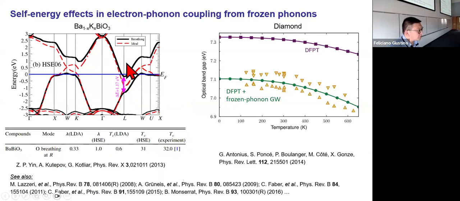So basically, you can build a 2x2x2 supercell, and then displace your atoms, and then see how the band gap opens at the zone boundary, and extract the g's. So in this work, people did that for this BKBO material and realized that the electron-phonon coupling constant lambda from LDA is around 0.3. But if you do a calculation with hybrid functional HSE, lambda is increased by a factor of 3. That leads to a huge jump of Tc from 0.6 to 30 Kelvin, roughly, and that agrees nicely